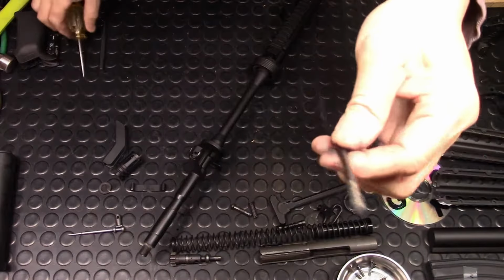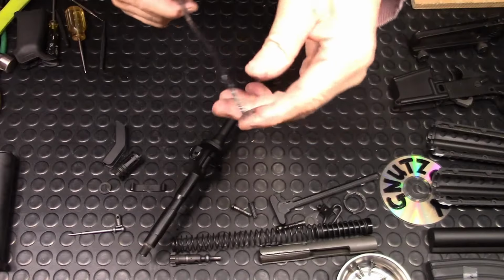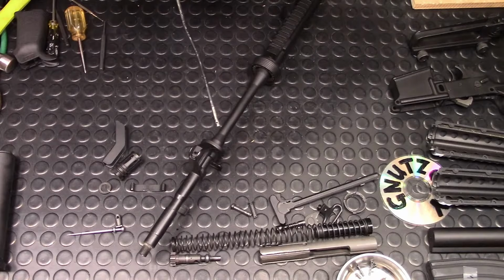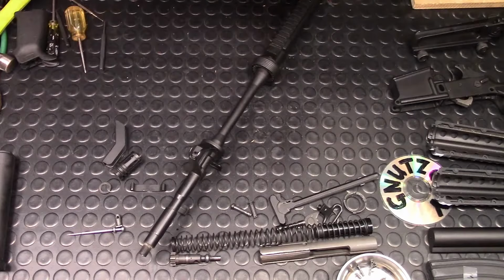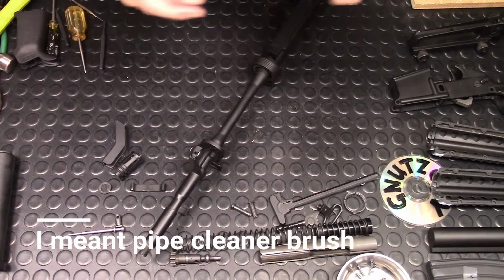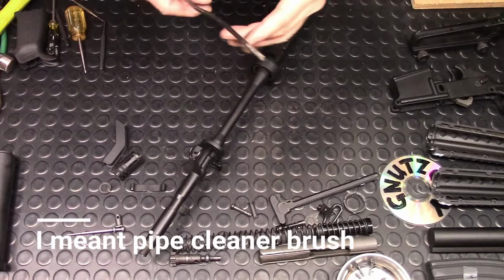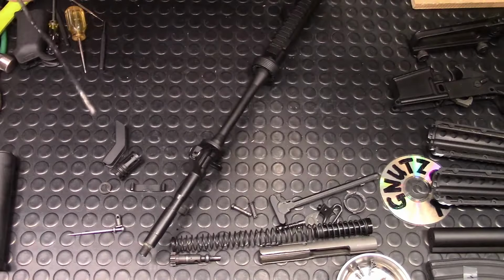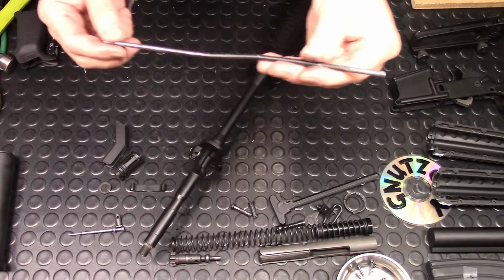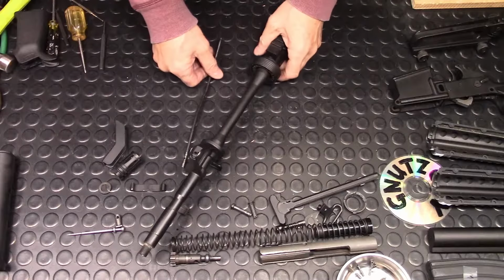Obviously you're going to clean this before you put it back in, and also clean the holes back here, and it's best to use the cigar cleaning brush, I don't know what you call it, but it's like a little brush, and it's long, and you just try to clean it as much as you can. And after that,